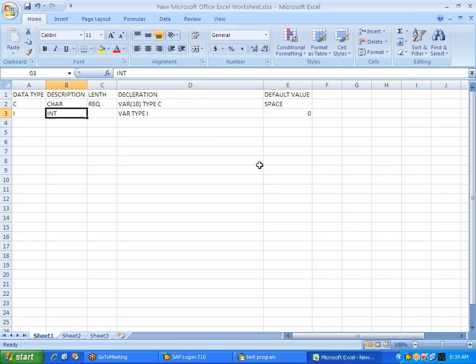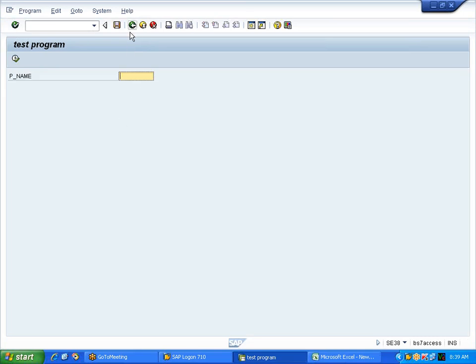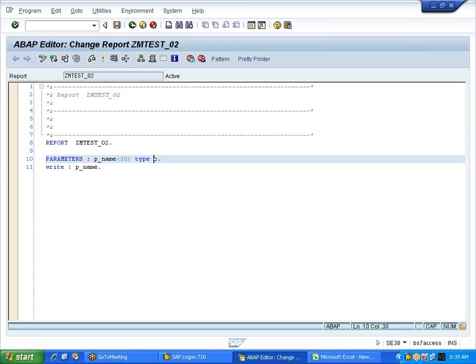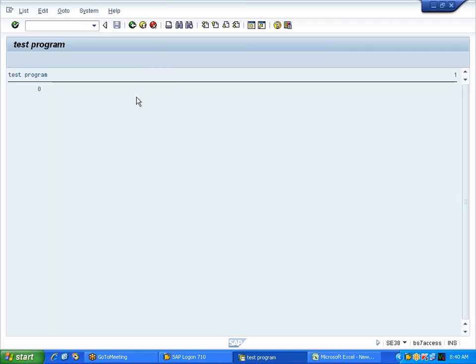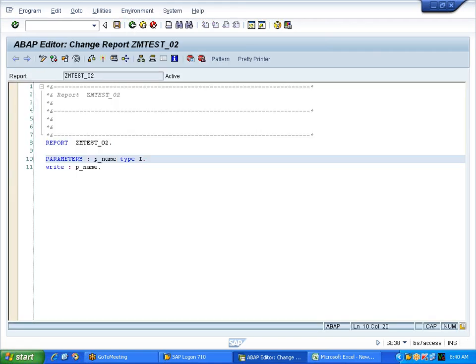Next one. If you declare some variable as I, length specification is not required. Automatically it will take the size. Here if I give 1, 2, 3, 4, the output is coming as 1, 2, 3, 4. If I don't give anything, what will come? The default value is 0 for integer. So the next data type is